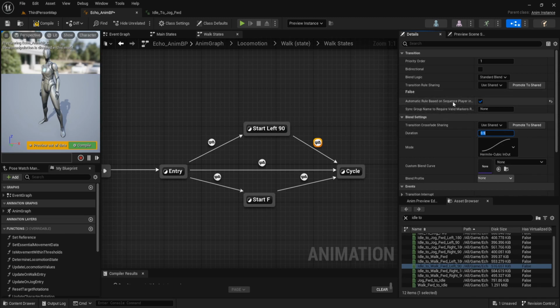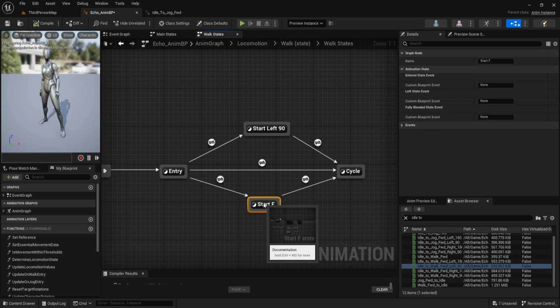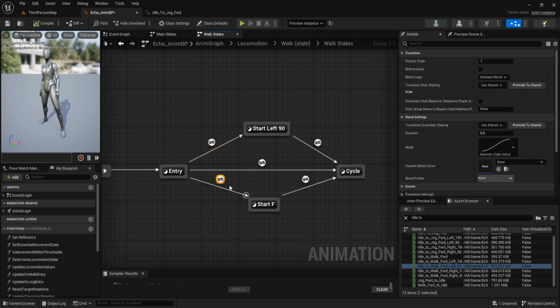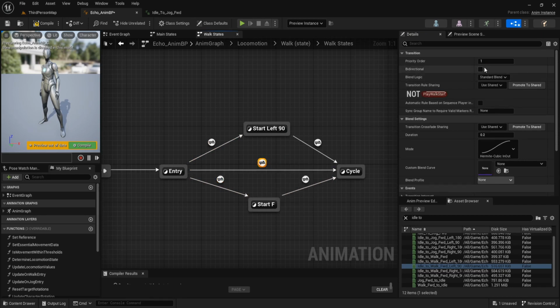When we set this to true, we don't need to add the logic inside this transition because it is automatic. Sorry, I forgot to set the priority order. For this transition to the start app, we set the priority order to 2. This one, set it to 0.